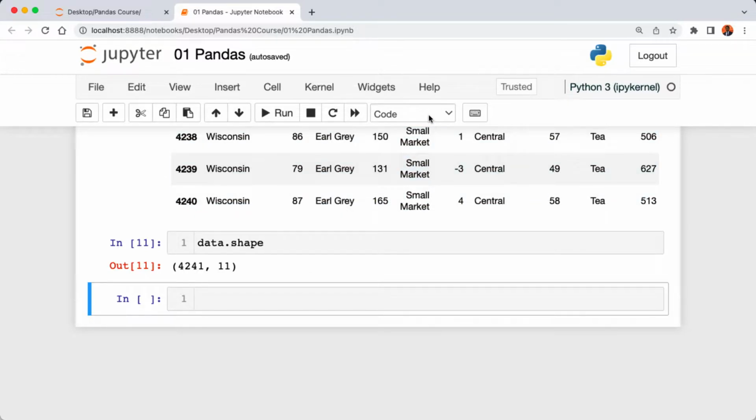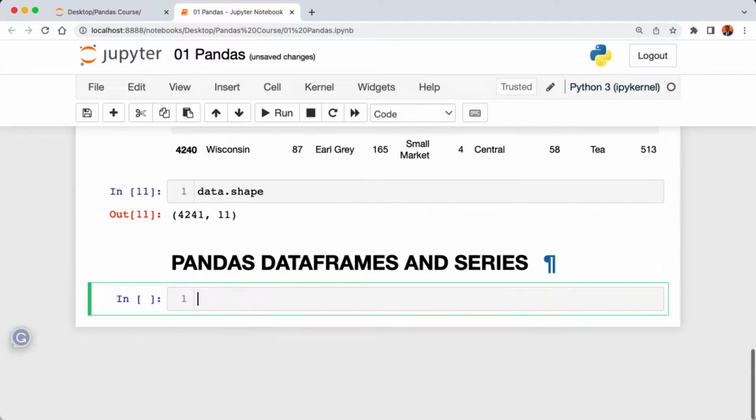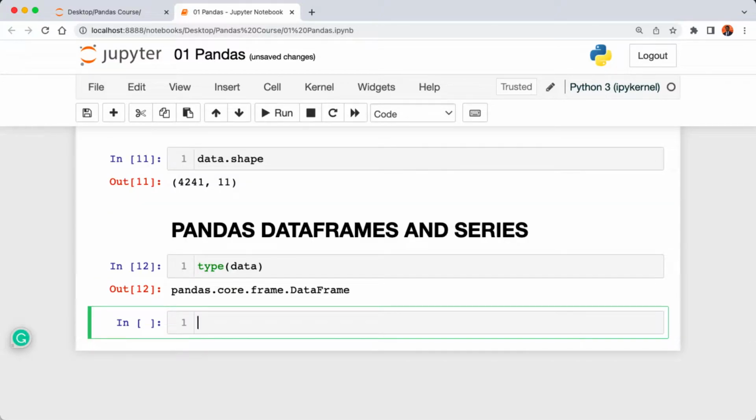So to begin, I'm going to change my cell here to Markdown, then create a comment which is going to read Pandas DataFrames and Series, and then run the cell. However, let's actually check to see the type of this data variable. So I can say type, parentheses, and then pass in data. When we execute the cell, then we get pandas.core.frame.DataFrame,